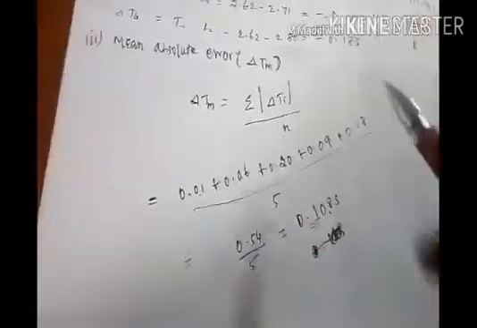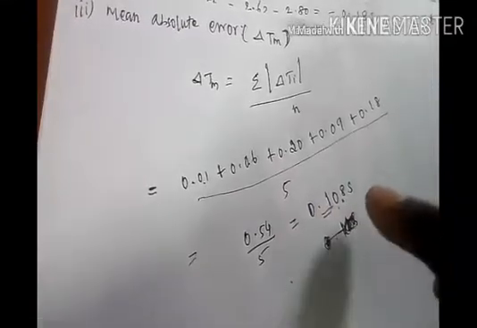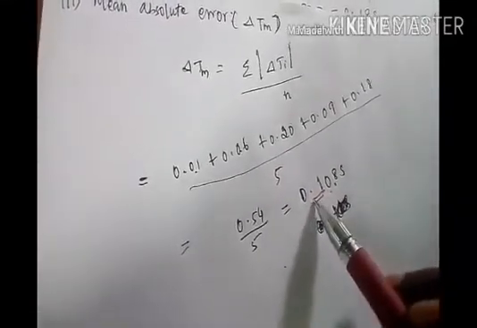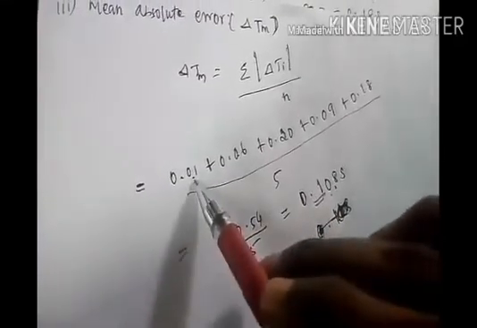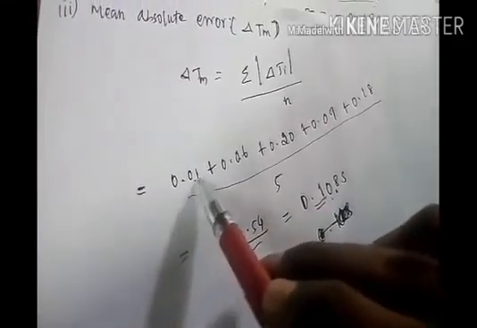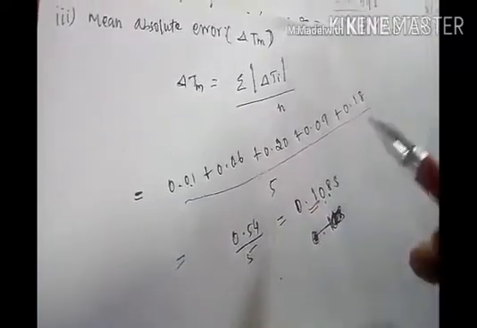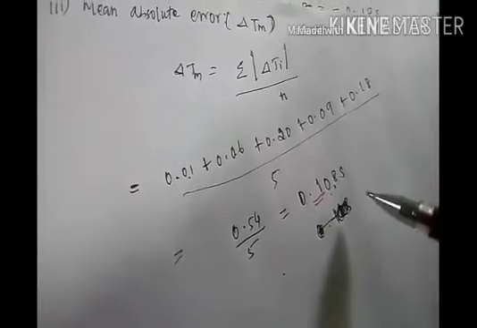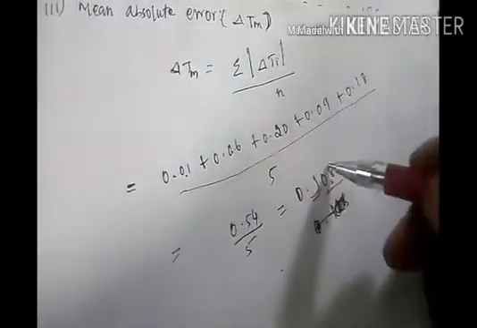0.108 second. Now you can't write it as it is, because you have to write only up to 2 digits after the decimal point, because the original numbers have 2 digits after the decimal point. So you have to round it off. You have to see the last digit, which is 8.